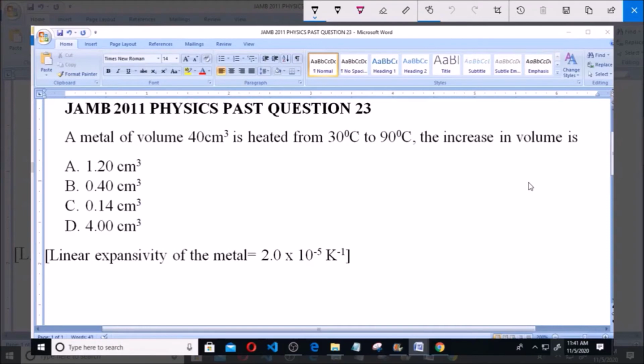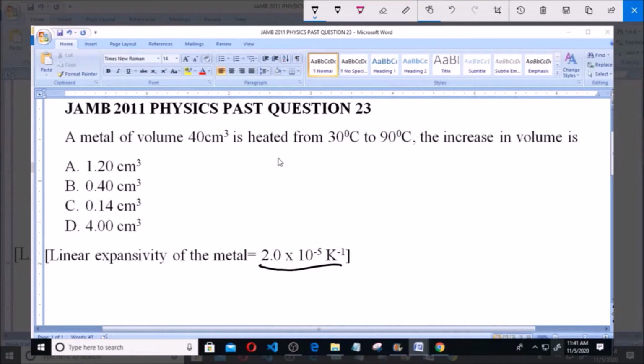A metal of volume 40 centimeter cube is heated from 30 degrees Celsius to 90 degrees Celsius. The increase in volume is A. 1.20 centimeter cube, B. 0.40 centimeter cube, C. 0.14 centimeter cube, D. 4.00 centimeter cube. And we're given the linear expansivity of that particular metal as 2.0 times 10 to the power